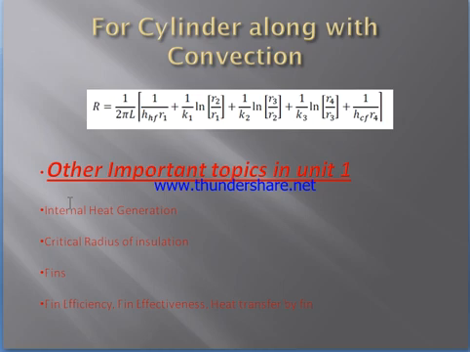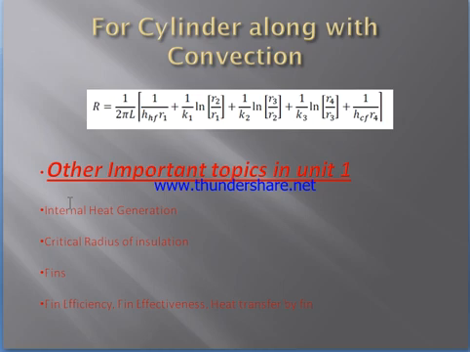And the next topic is external surfaces or fins. We have studied about 3 types of fins, that is short fin, long fin and indefinitely long fins. We have to find out the L by D ratio, and if the L by D ratio is minimum, it is known as short fin, and if it is maximum, then it is an infinitely long fin. L by D ratio means length to diameter ratio. If no L by D ratio is given, then we have to assume it as short fin with end insulated.